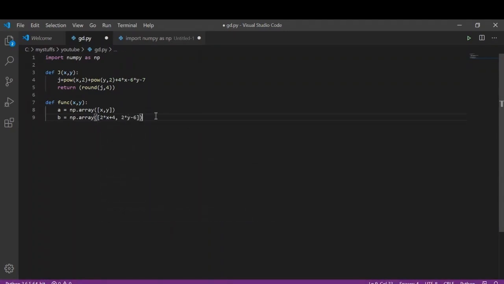So it can be written this way: 2 into x plus 4, 2 into y minus 6. So this is the gradient of j.